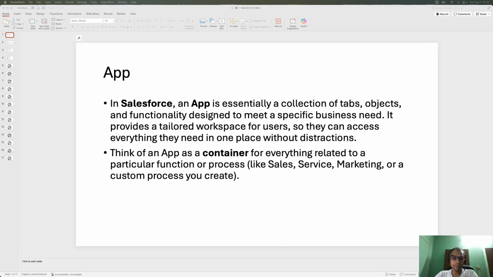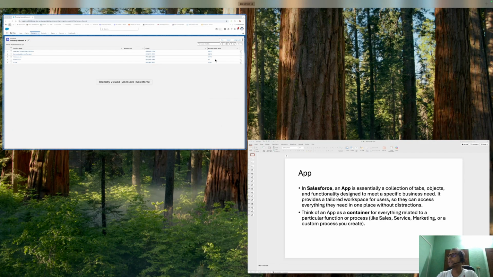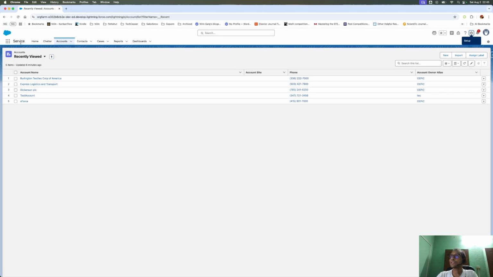Today I recorded this video to show you what an app is in Salesforce. An app is basically a collection of tabs, objects, and the related functionalities. For example, we have a sales app and we also have a service app. The sales app will have its own set of objects, while the service app will have its own set of objects. If you see it here, this is a service app,